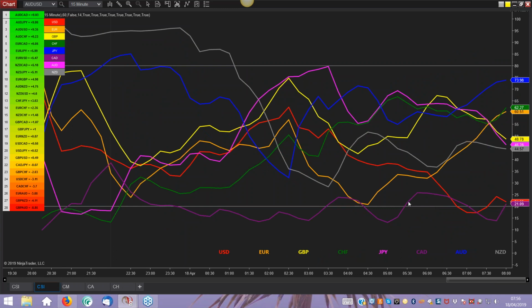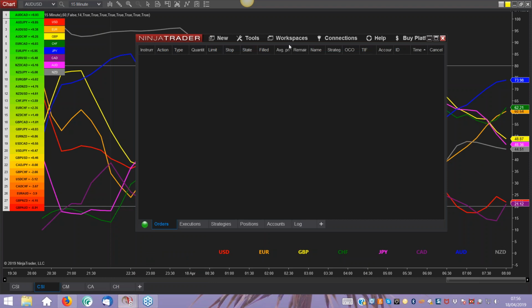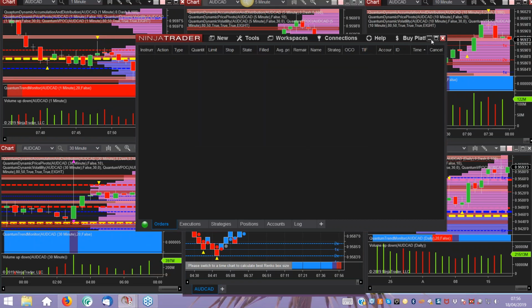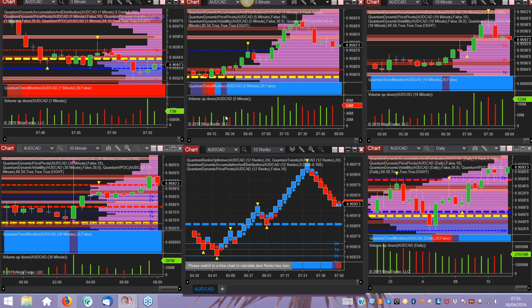But ultimately what we may see is just this condition here where we roll back into overbought before we start to see that strong trend begin to develop. Now, if we go back to the charts, let's go to the multiple time frames again. Just pop that down. As I say, I've got 1, 5, and 10 minute across the time frame,